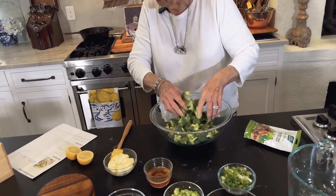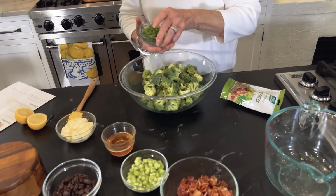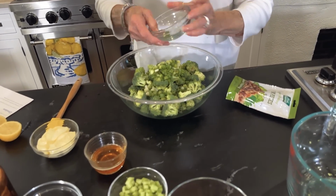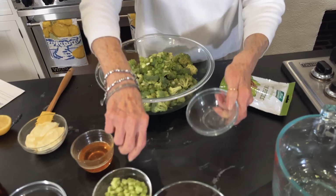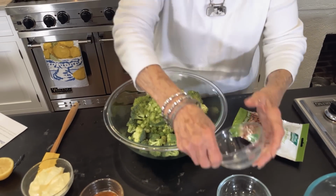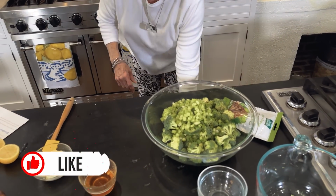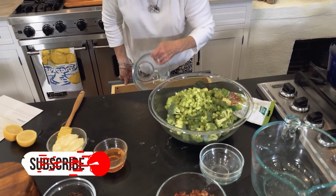And we have our onions. We have, and these are green onions, spring onion. We call them spring onions. And we've got our celery. And now we're gonna mix together